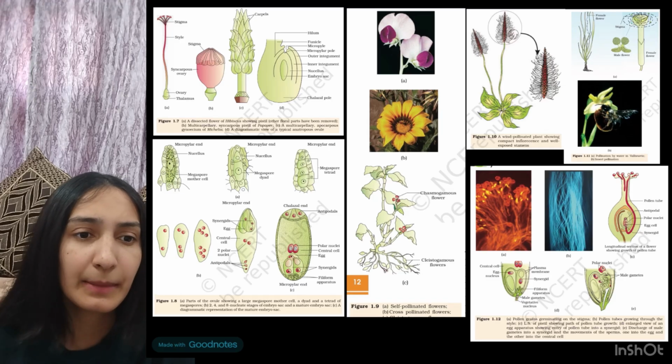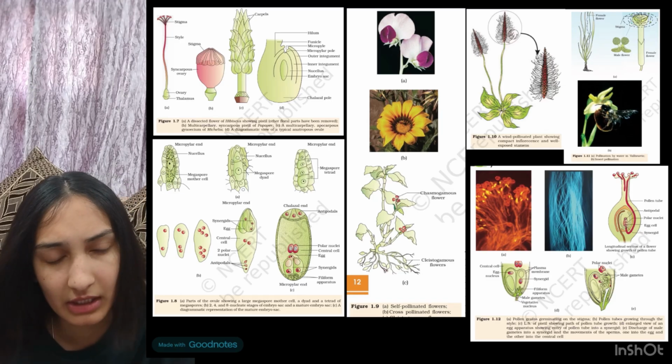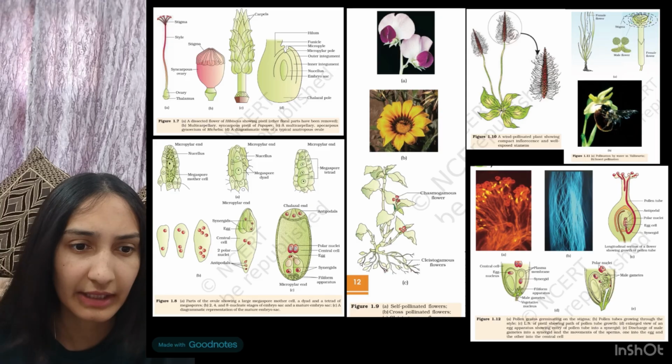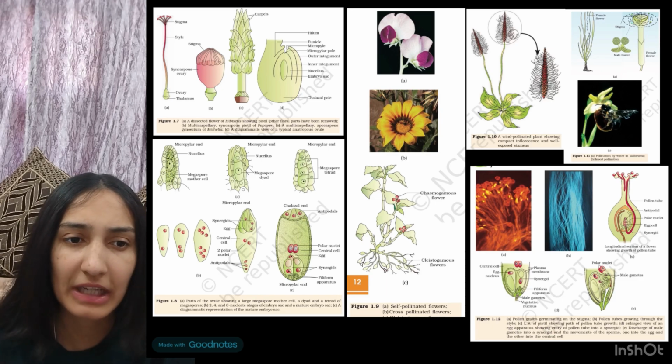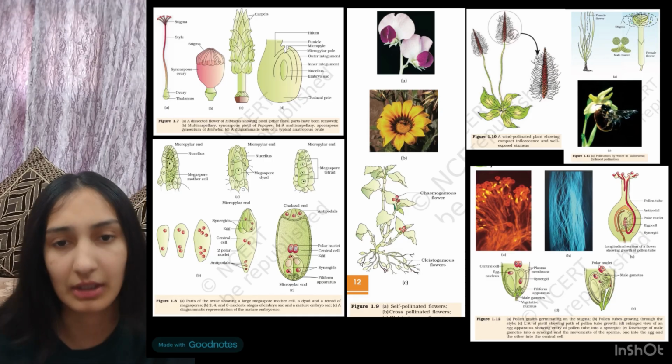Okay, and we can clearly see the pollen tube which is reaching from below the antipodals, polar nuclei, egg cell and the synergids. Okay, then your D shows the enlarged view of an egg apparatus showing entry of pollen tube into a synergid. Okay, so you can clearly see we have the central cell, we have the egg nucleus, then we have the plasma membrane and synergid, we have filiform apparatus, and below that we can see male gametes are entering, and we have the vegetative nucleus.